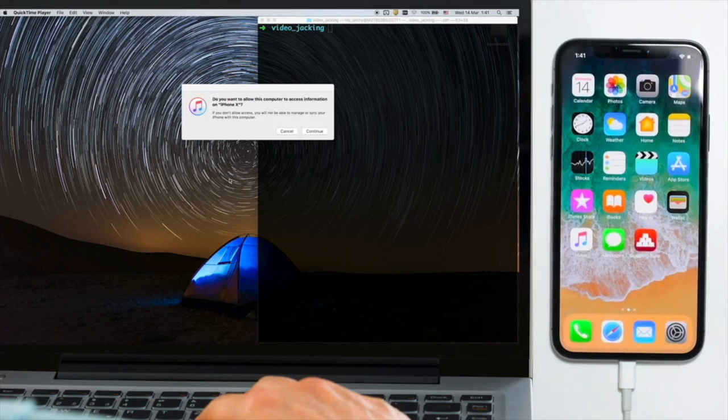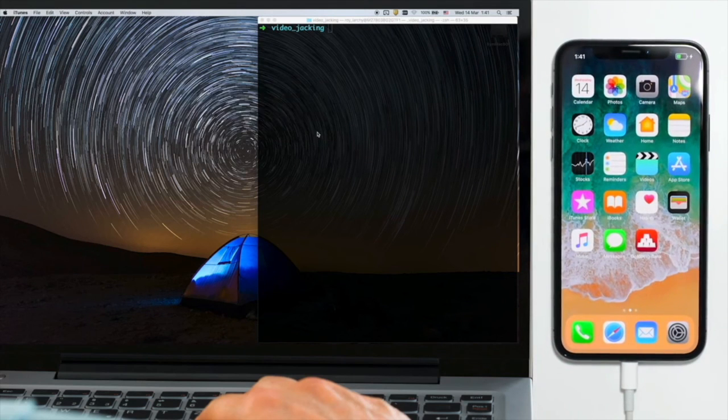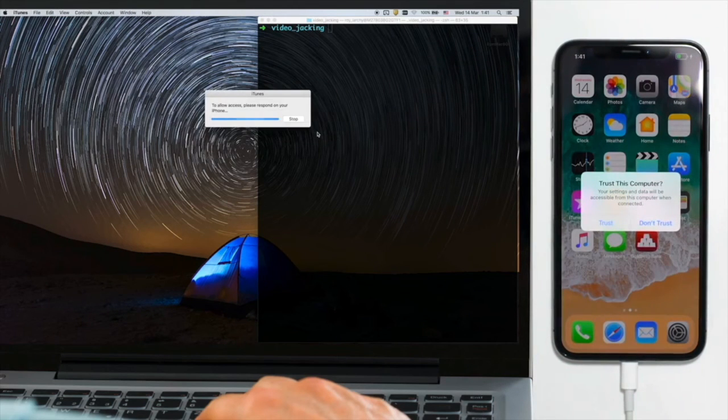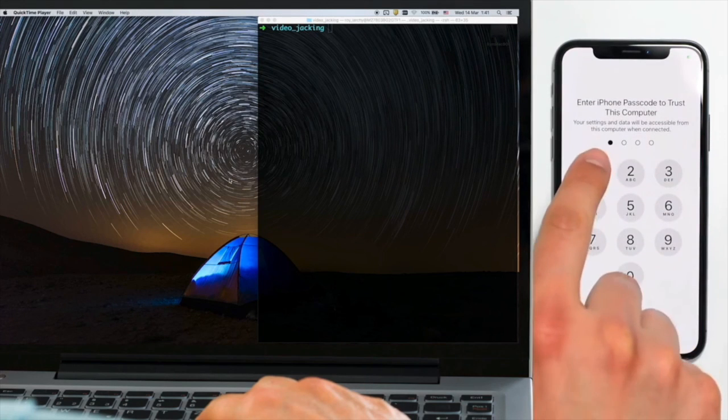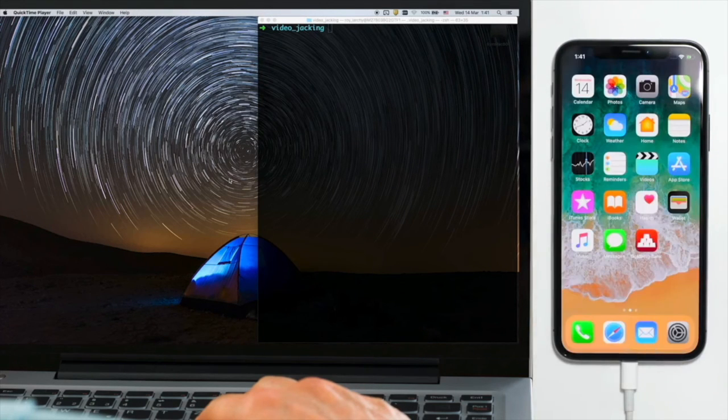Here the attacker is connecting his computer with the iPhone, and generally the user will provide access to the system by trusting it. And here, even if the connection between the computer and iPhone lasts for a few minutes, the attacker can easily upload a malicious software into the iPhone to gain access to the phone by turning